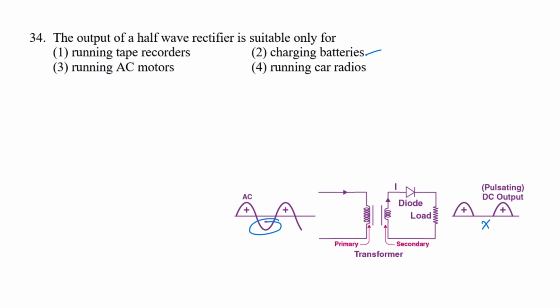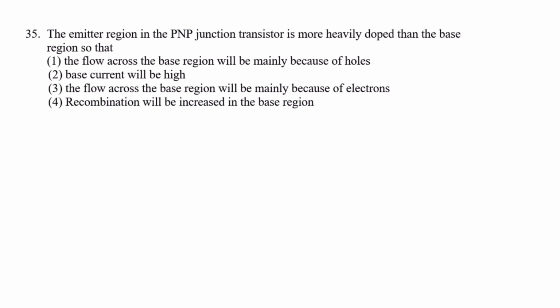So 34, the correct option is 2. Next question. The emitter region of a PNP junction transistor is more heavily doped than the base region,